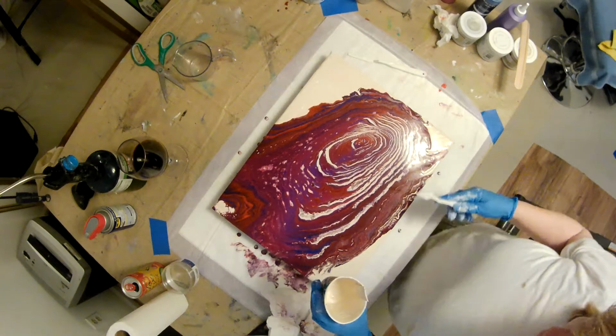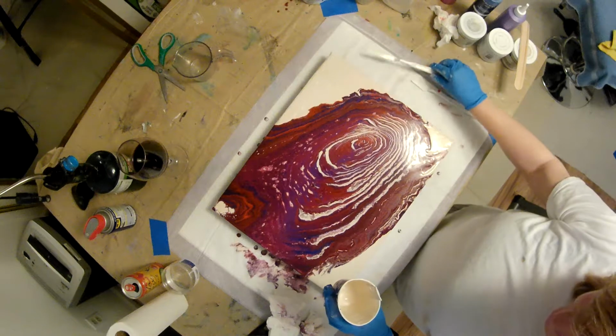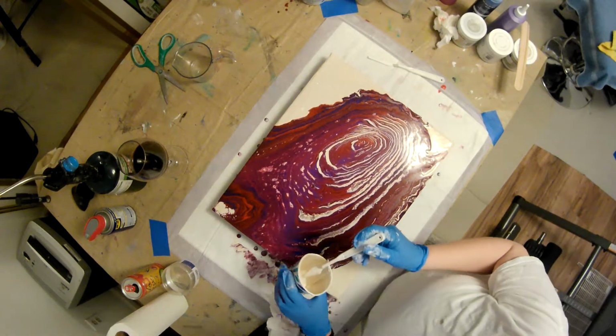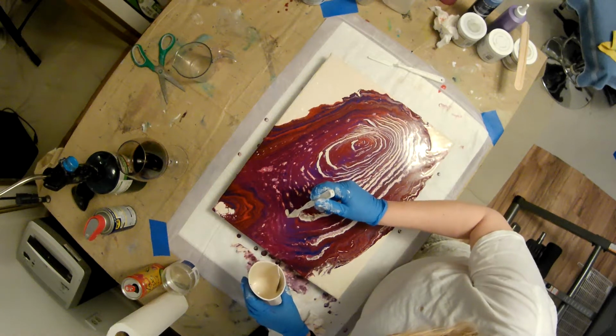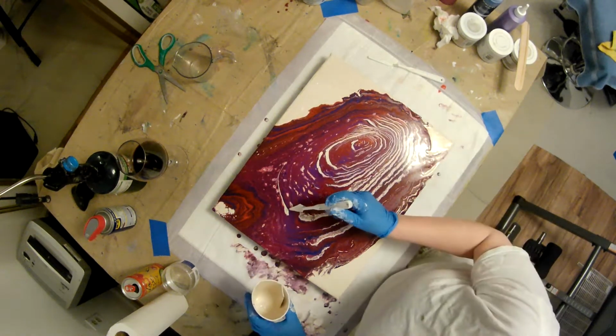So I'm playing with this a little bit. You need these kind of tools. And that's one thing you can do, is you can just add a little in where you think you need it. Yeah, it's a bigger blob than I thought, but